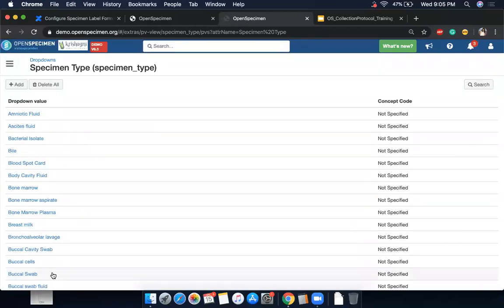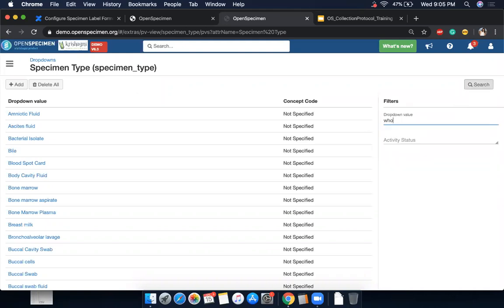Of course, all of these drop-downs have values by default, but you can add or edit anything in your instance. If you want to change, you can use this drop-down manager. The reason it is available only for super admin is that you don't want each group to have their own drop-downs with different values. So you can control at the system level what values are there. Now coming back to specimen type.